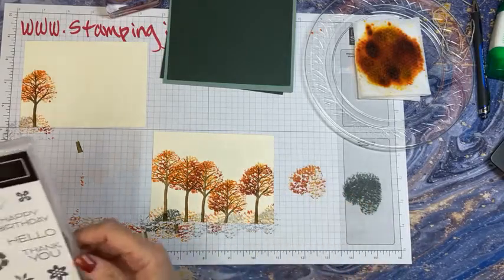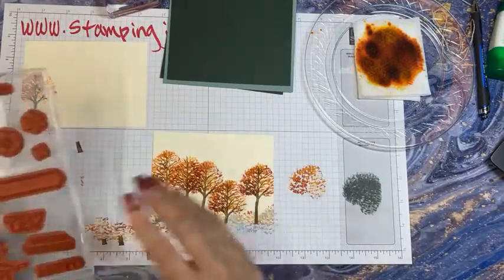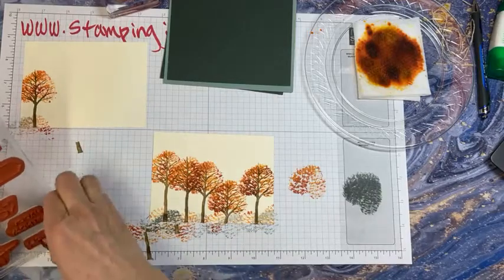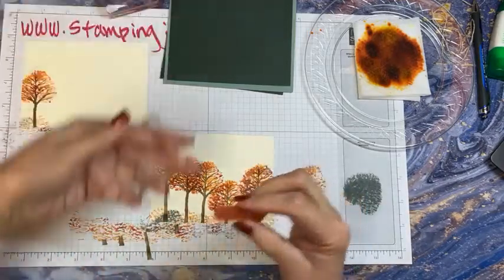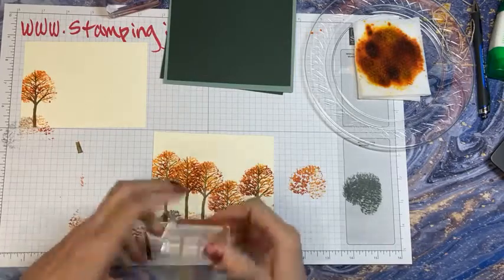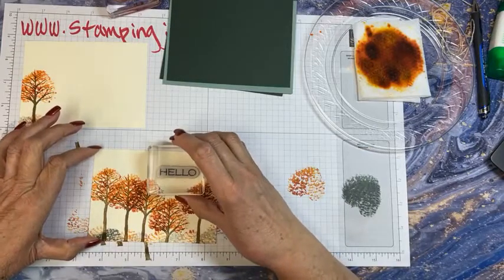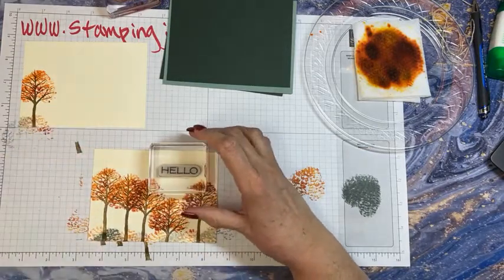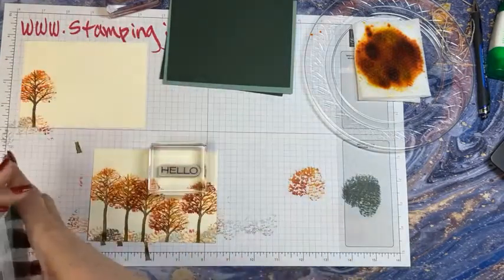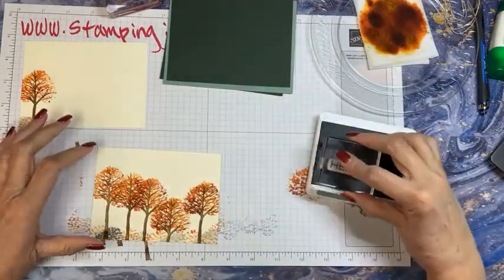Okay. We'll say hello, and then we'll say happy birthday. Make it into a birthday card, because I think this would be a great guy card. So we're going to say hello, and then we'll say happy birthday in the inside. And because I'm going to leave that green on there, I think I'm going to go ahead and do the words in the soft succulent. So that brings my green in. I can use the same base,